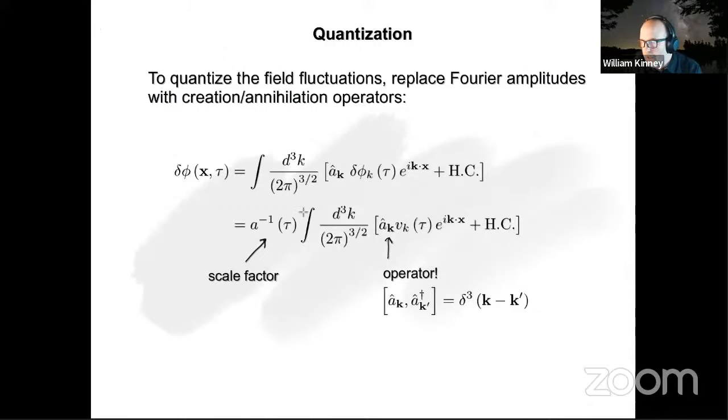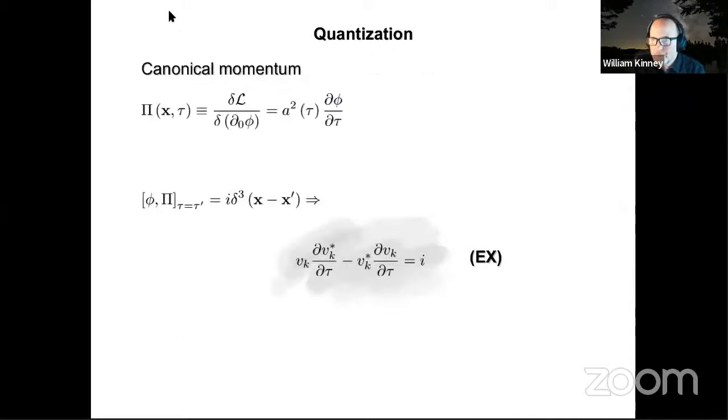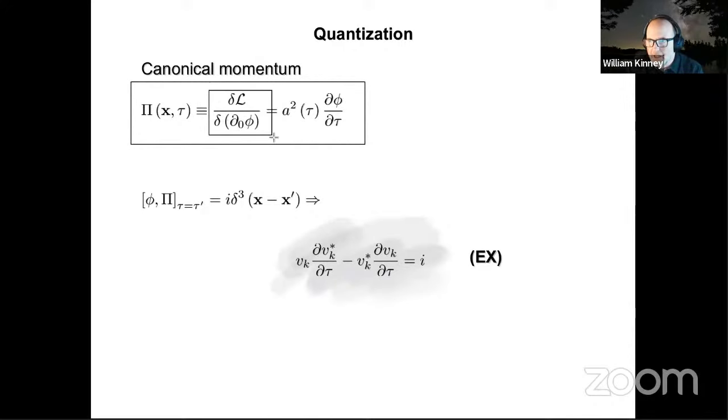So stay tuned. Now we promote the Fourier amplitudes to operators and assume a canonical commutation relation for those operators, as one does. And then we can define a canonical momentum, which differs from a Minkowski space canonical momentum. The Lagrangian depends on the field and the field kinetic term, and so I can define the canonical momentum as the usual derivative of the Lagrangian with respect to the field kinetic term. That turns out in a time-dependent background to have a factor of the scale factor out in front of it relative to its Minkowski space cousin, right?